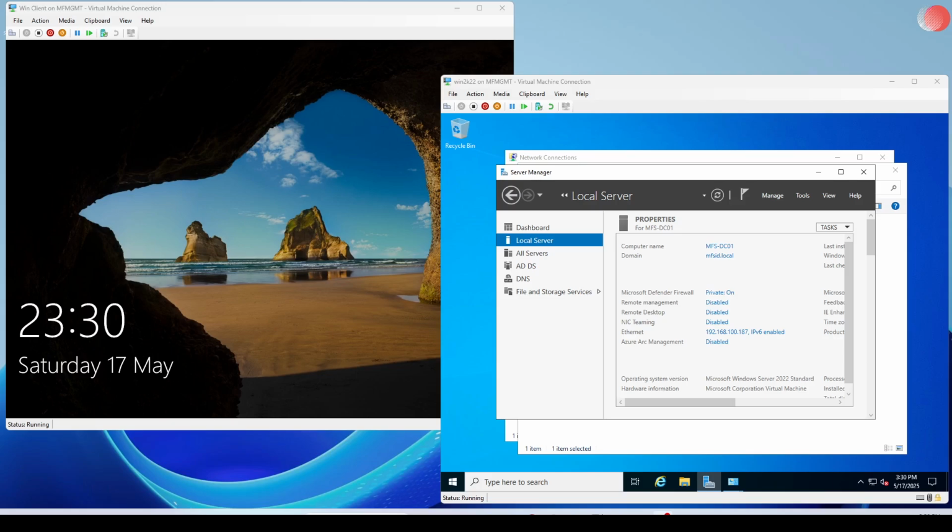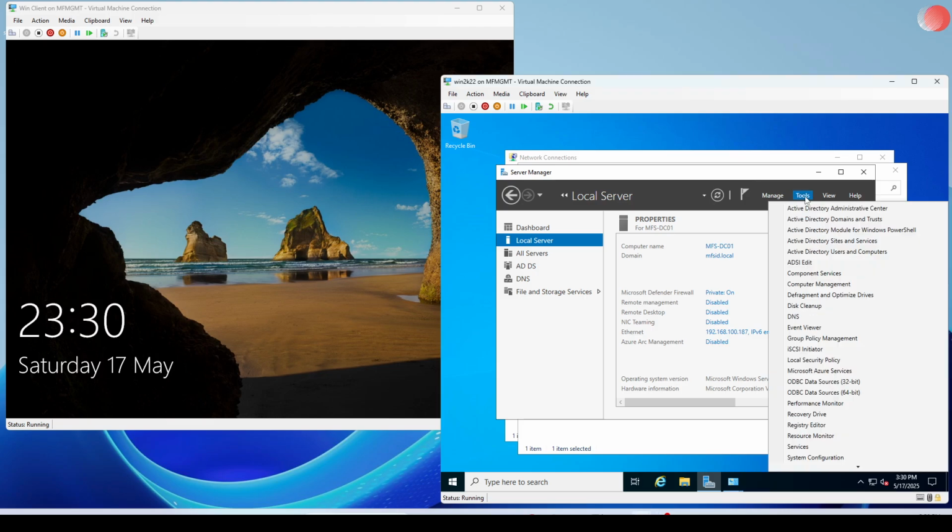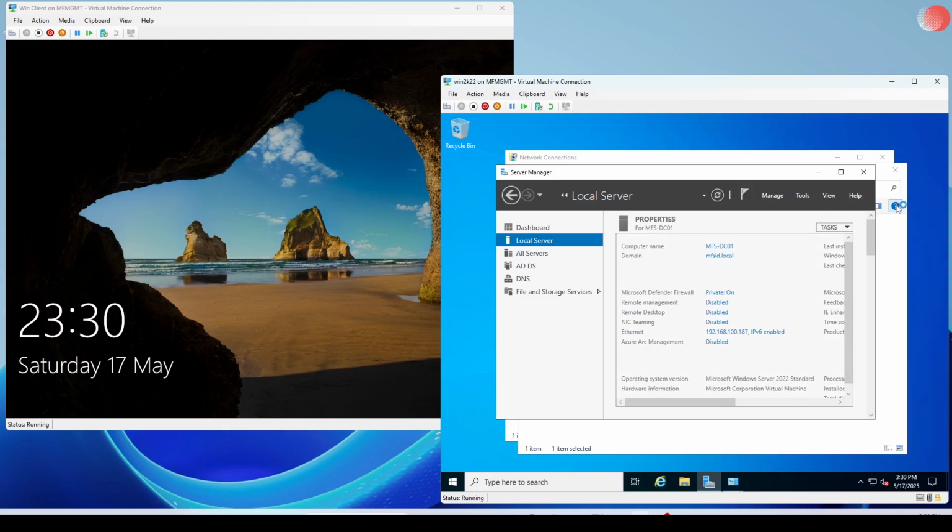In this video, we will be resetting a password of an Active Directory user. So from the server manager, we will open Active Directory Users and Computers by going into Tools,